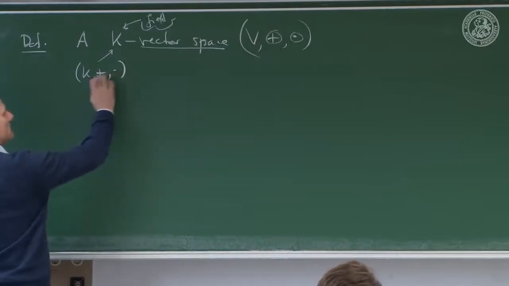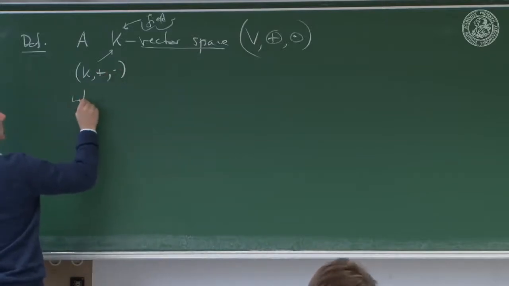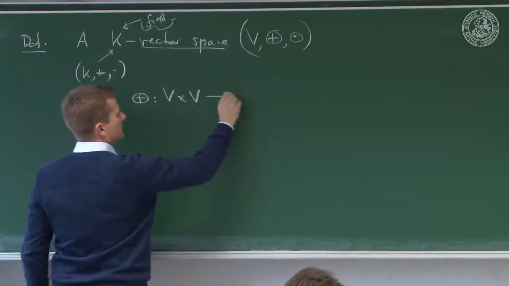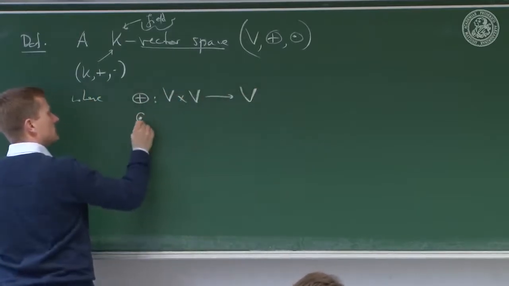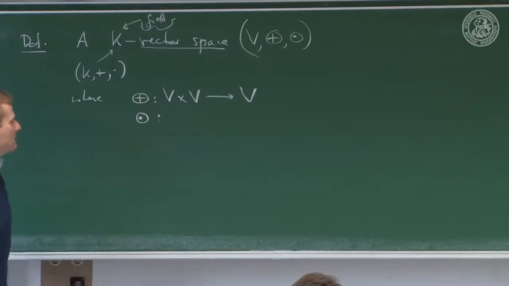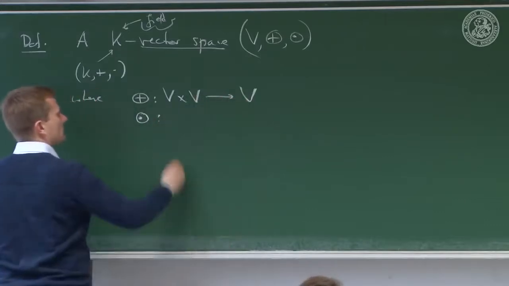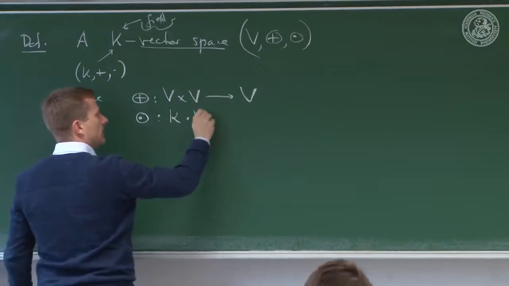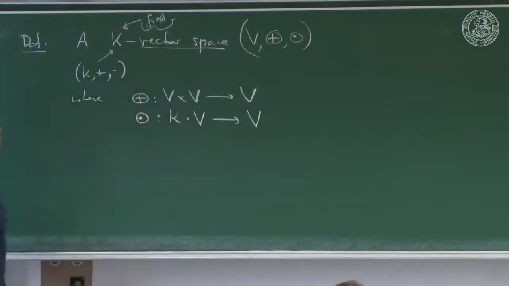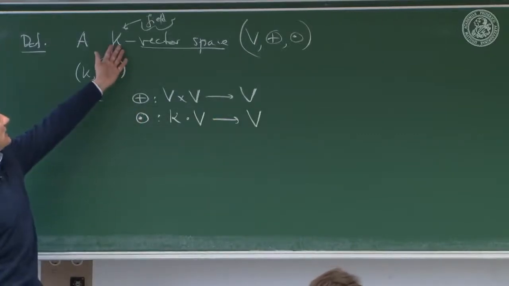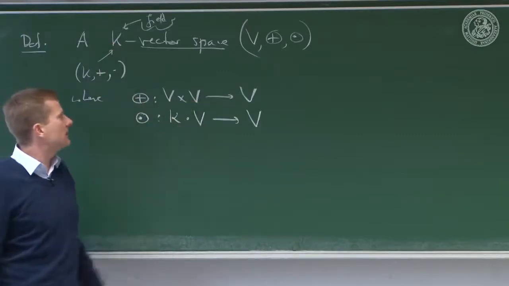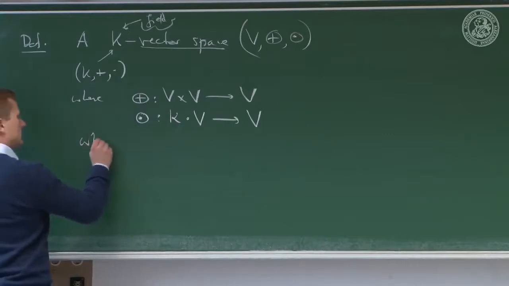Okay, where these stay as they were defined before, where the circ plus takes two elements in the vector space and makes an element in the vector space, and the circ times doesn't take two vectors and make a vector. It takes an element in the underlying field K and a vector, and makes it into a vector. Of course, the standard example is a real vector space, over the real numbers, where you can add vectors and you can have an S multiplication, which satisfy